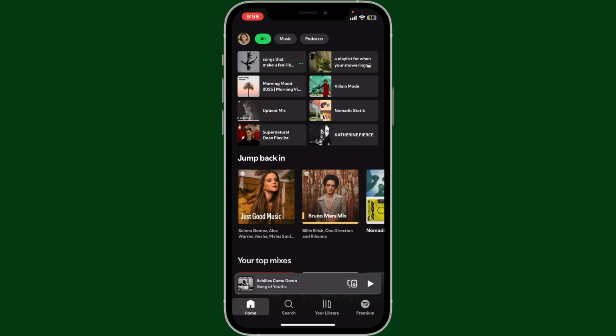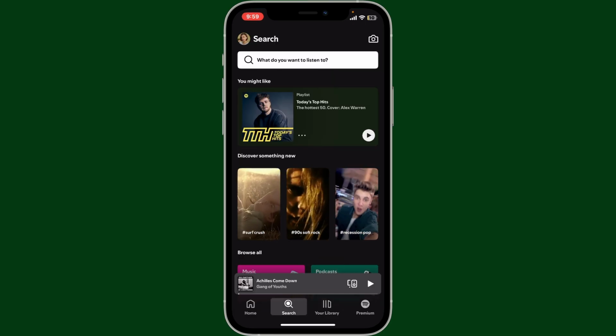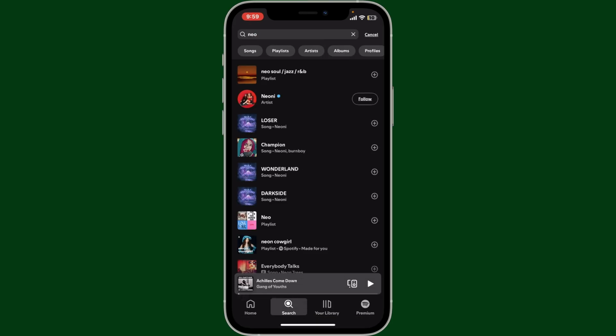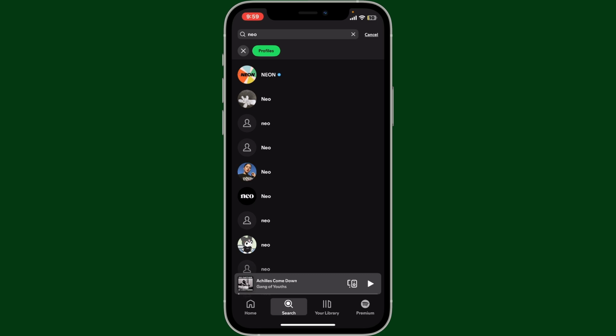From the home page, tap on the search button at the bottom and in the search box at the top, type in the name of the person you are trying to block or find. After typing down the name, tap on search and from the categories at the top, select profiles. You will then be able to see a list of profiles that you are looking for, depending upon the name